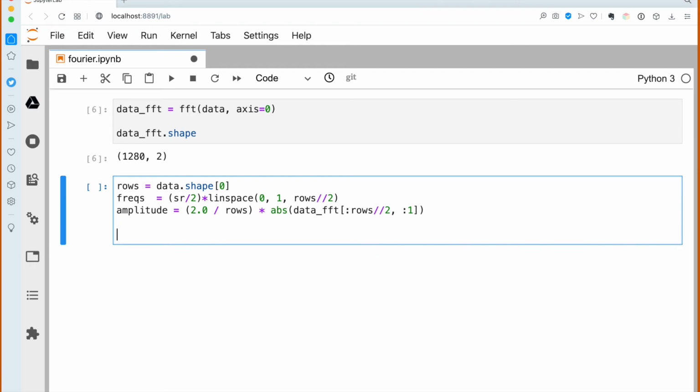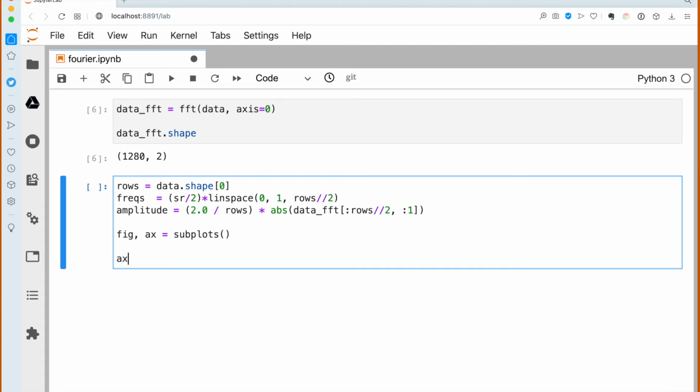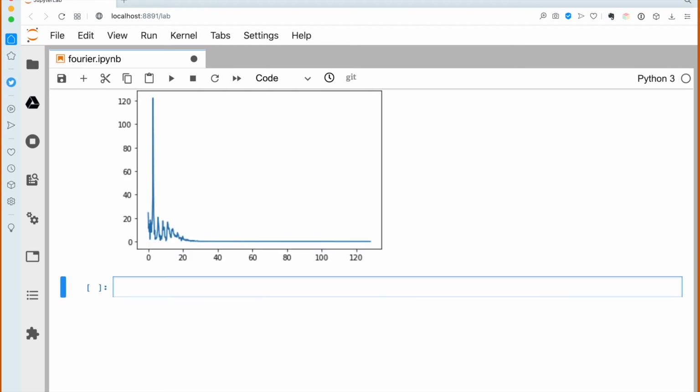So if we have that, then we can say fig, ax and call subplots as usual, and create our plot using some simple function like plot, and we use on the horizontal axis the frequency, and we plot on the vertical axis the amplitudes. That's it, and suppress any output from matplotlib, and this is what the Fourier spectrum should